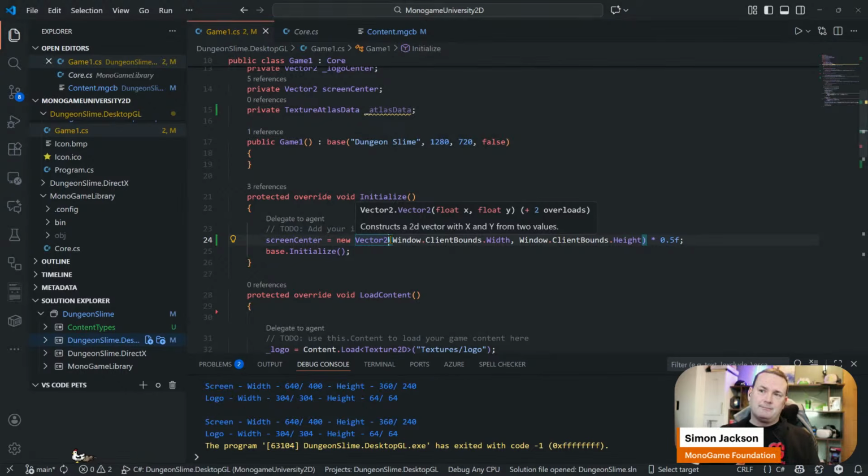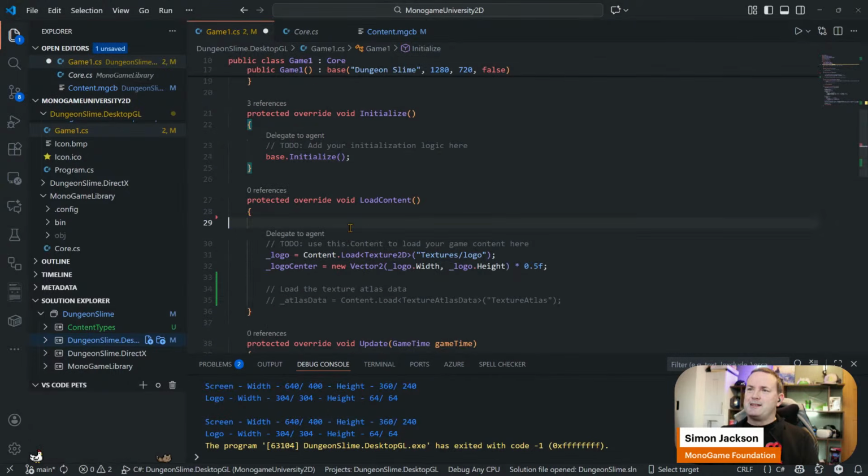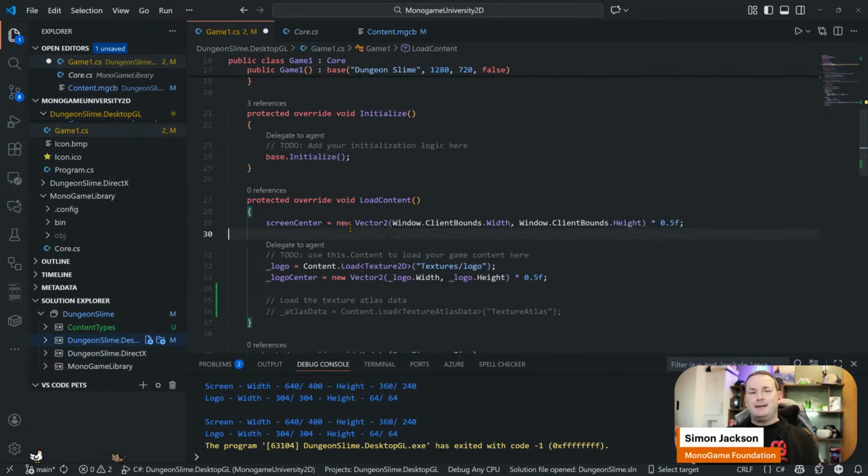There are two ways to handle this. We can either have a method which listens to the graphics device manager's presenting property. There's an event called graphics presenting or something like that, and we can listen to that, and then once it's initialized, we can go and get the screen. It's far easier to simply move this down to LoadContent, because LoadContent happens a little bit later. So at this point, the graphics card's ready, the environment's ready, your file system's ready, and the content system is loading. So as we're loading the content, the actual logo, we just get the screen here. And just by moving that one line a little bit later in the initialization,